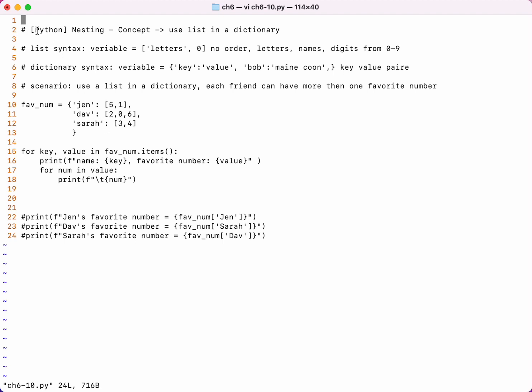So just to recap, we talked about Python nesting, and the concept is really using a list in a dictionary. We know that the syntax for a list starts with a variable, and then we have the open close brackets. There's no order for a list. You can store letters, names, digits from 0 to 9. For dictionary syntax, we have the variable, assignment operator, and we use the curly braces. And dictionaries are key value pairs, so it allows us to store more information about a specific individual, about any